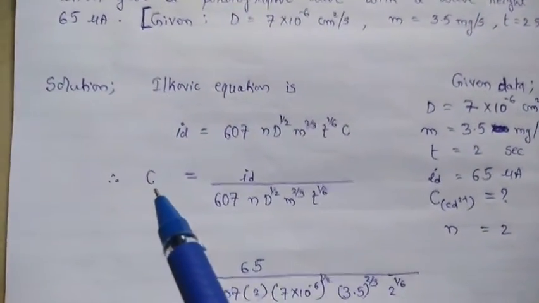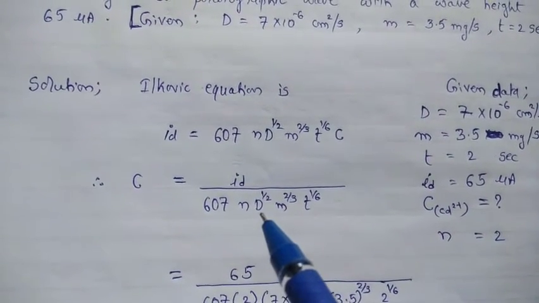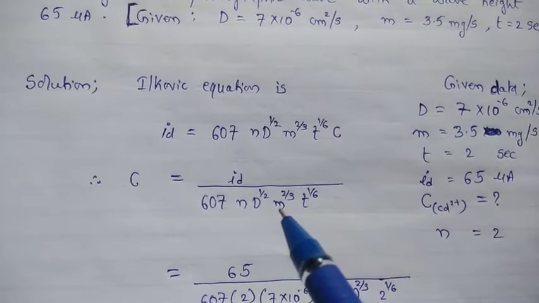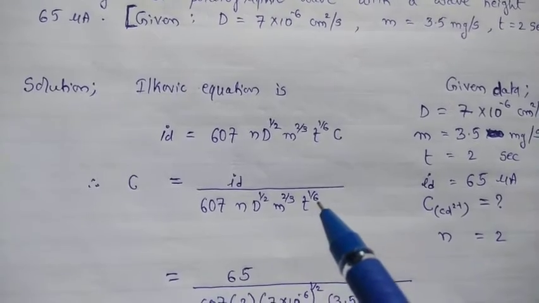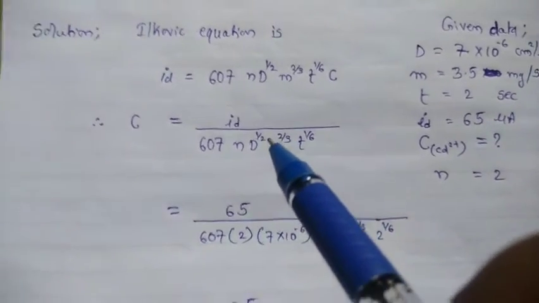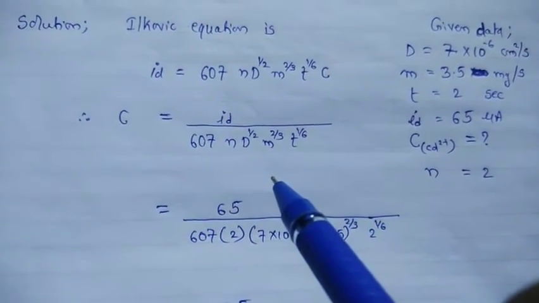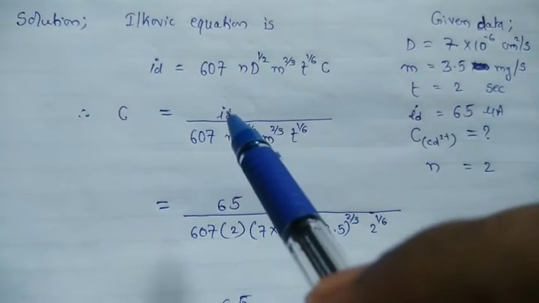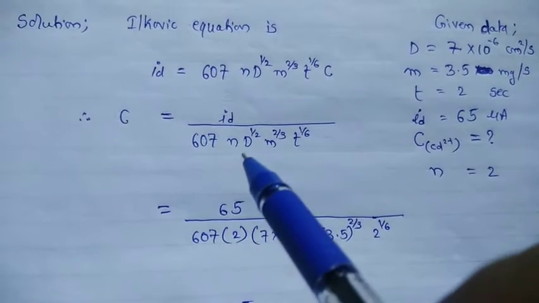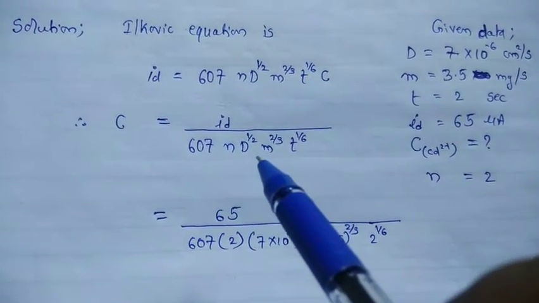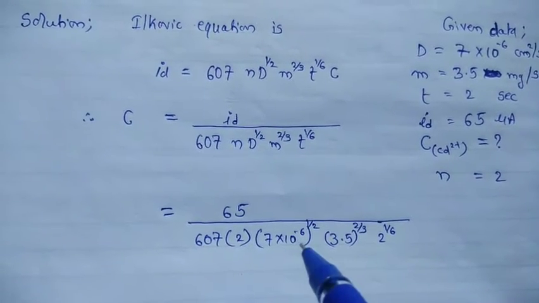C equal to id upon 607 into n into d raised to half into m raised to 2 upon 3 into t raised to 1 upon 6. So after modification, we have to substitute all the terms for which we have the values. Okay, so id is nothing but 65, and this 607 is a constant, and the other term values we have substituted here. Okay, so after substituting, we have to calculate